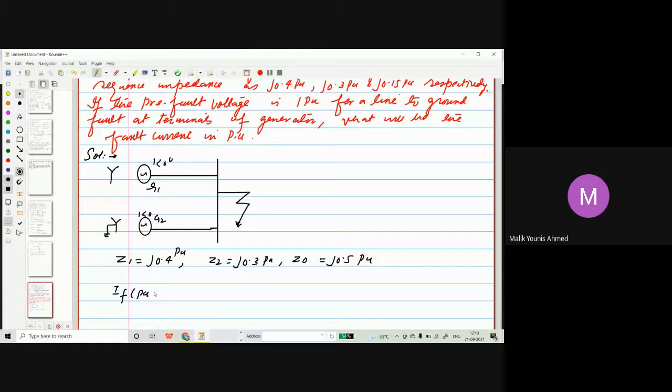IF in per unit will be equal to what? Shabash. Line to ground fault है ये तो, IF will be 3IA0. Why are you not able to recognize the relationship? Line to ground fault है. यहाँ पे देखिए आप. This is line to ground fault आ रहा. तो IF होता 3IA0. ज़बानी याद होना चाहिए आप. कैसे निकालेंगे? 3 that is EA1, कि पॉजिटिव सीक्वेंस का ही वोल्टेज होती है.